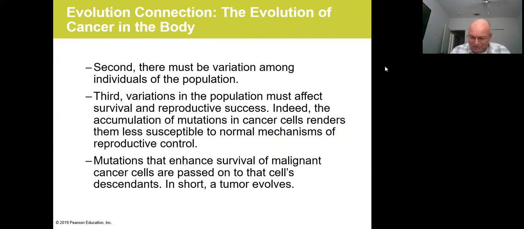Then a second idea is that there's supposed to be genetic variation amongst the individuals, which leads to phenotypic variation or physical variation, if you forget what phenotypic variation means. Hopefully you remember. And we see that sort of variation in cells within a single tumor. Two cells adjacent to each other in the same tumor can actually have different sets of genetic changes,